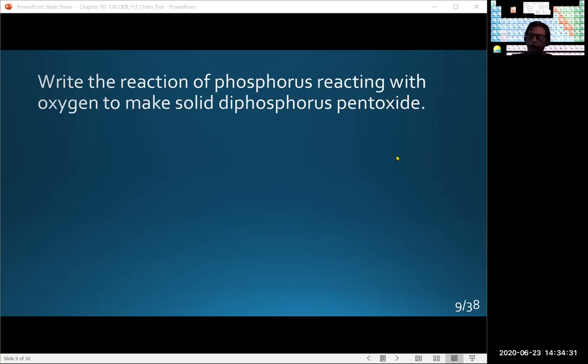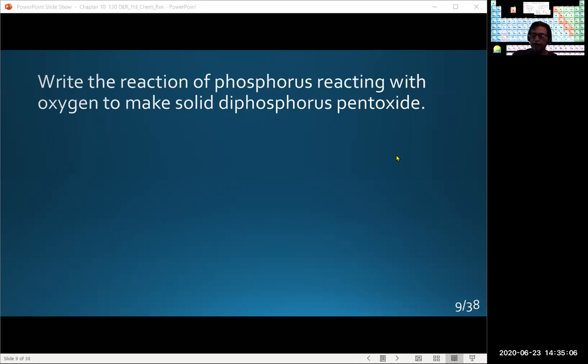We know the symbol for phosphorus, because they're saying just phosphorus, so that's the element, so that would be P. They said reacting, which is the plus, with oxygen. The term oxygen automatically infers O2. And then to make is the key word to tell you that's the arrow from left to right, solid